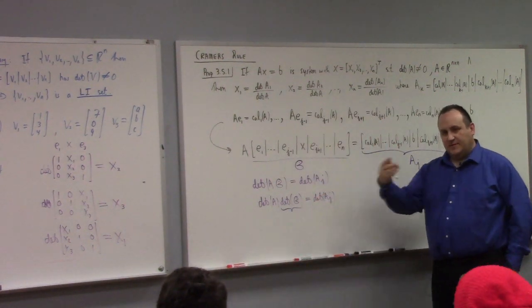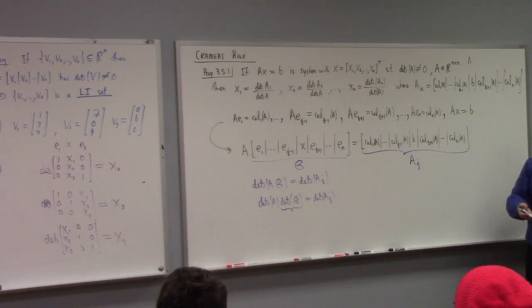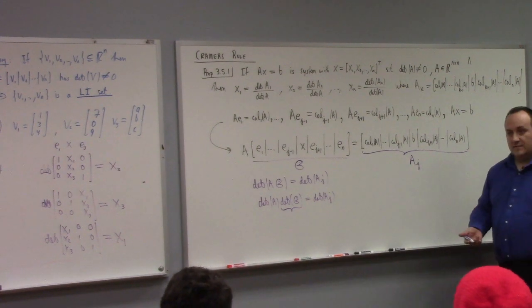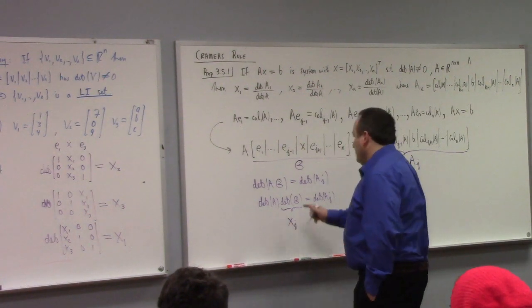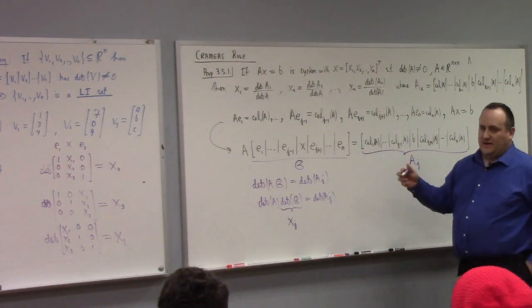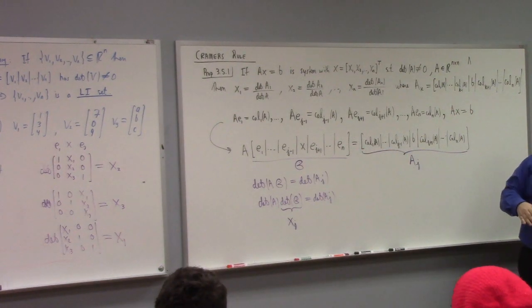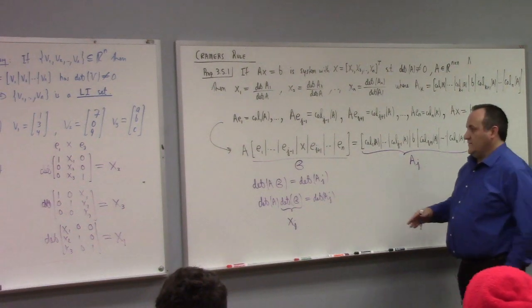If you believe what happened in the 3x3 case, you should believe that generally speaking, what we get there is just x sub j. This is actually x sub j. And you can see that if you just expand it out, it's got mostly ones and zeros, mostly zeros and just ones on the diagonal. So essentially you're looking at